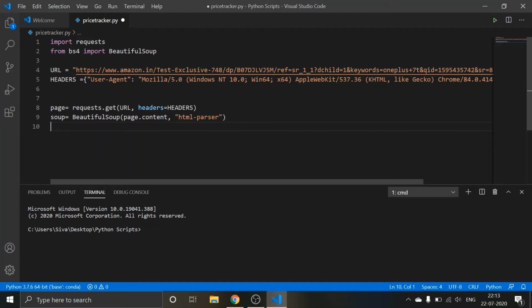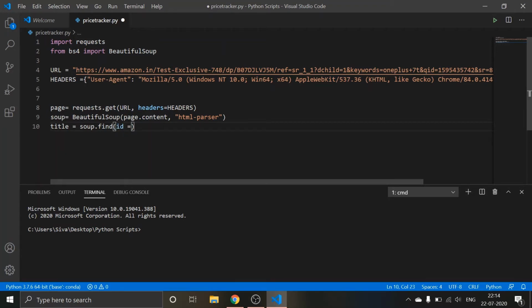So now what I'm doing is, while running this code, you should know what you are running. You should know the title of the particular product and the price of the particular product. So now I'm bringing the title and the price of the particular product. Just see and follow me. So the title is equal to soup dot find, because we want to find the ID.